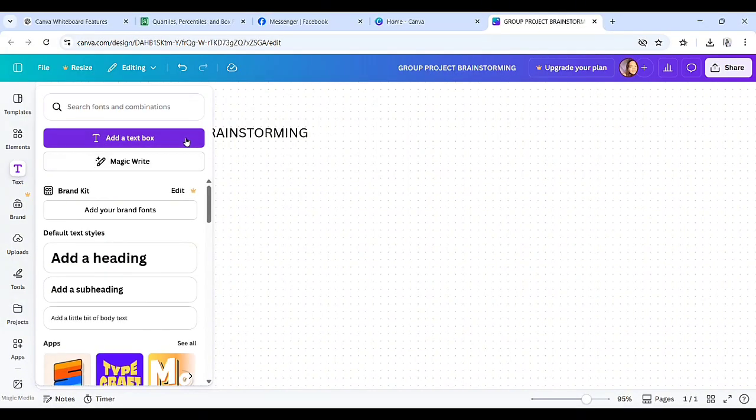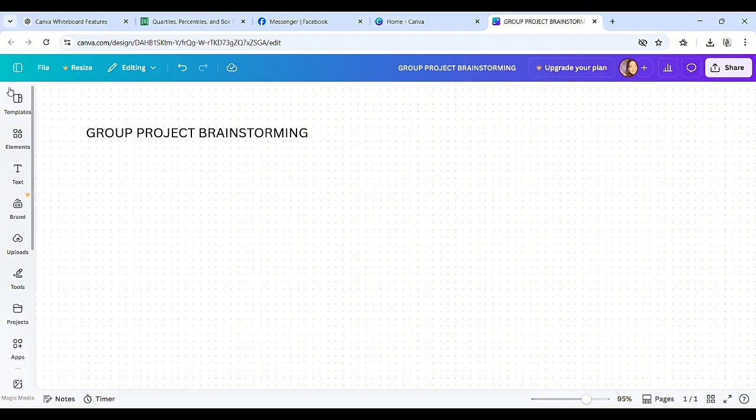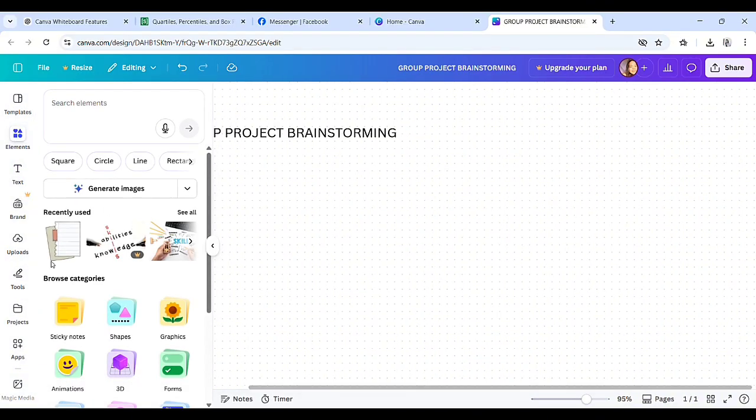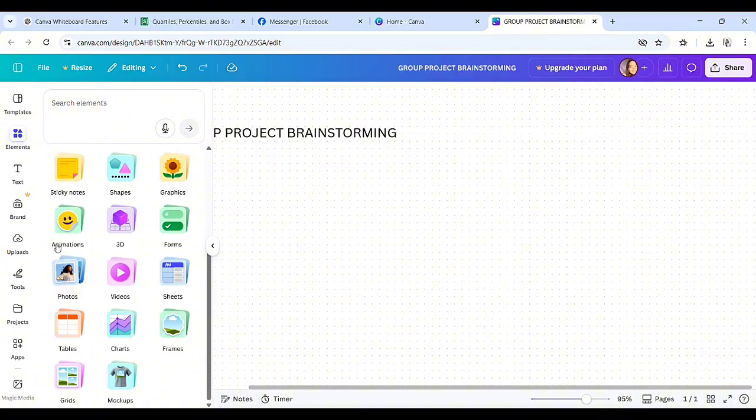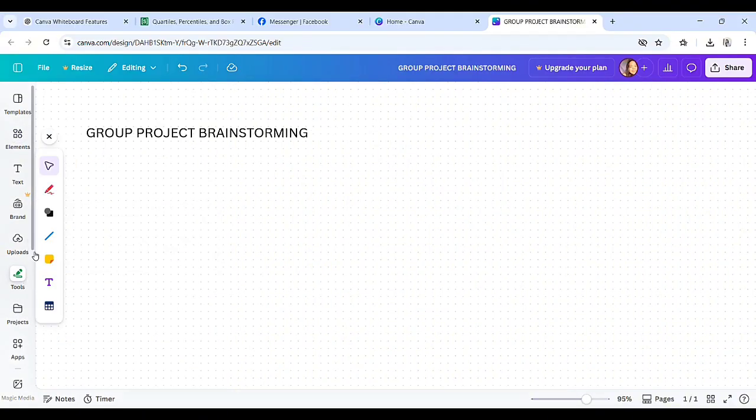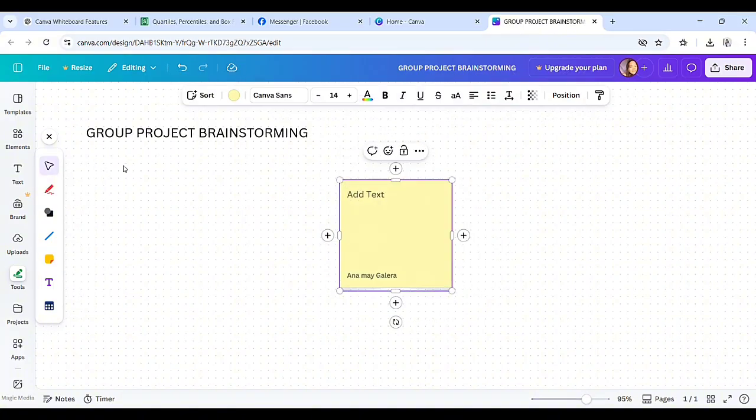You can just add a text box here. You can add headings. Well, there are a lot of elements also that you can use. And for the tools, there are also sticky notes here, not just in the elements. And you can add text. For example, you want to give tasks to your team member. So task,